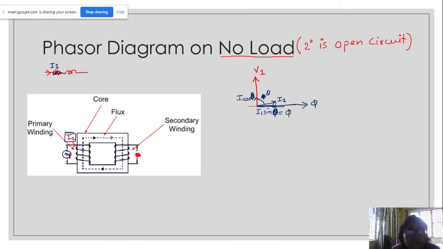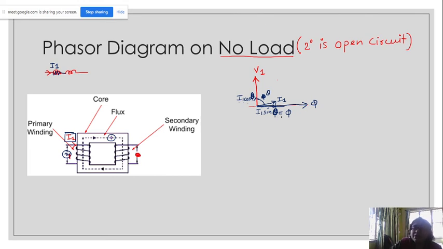No, I will repeat. I am telling that the voltage was V1 and the current was I1. Now, how is this flux phi generated? The angle between the voltage and the current is theta. Now if I bifurcate this I1, I get two phasors: one is I1 cos theta with respect to V1, and another is I1 sin theta.